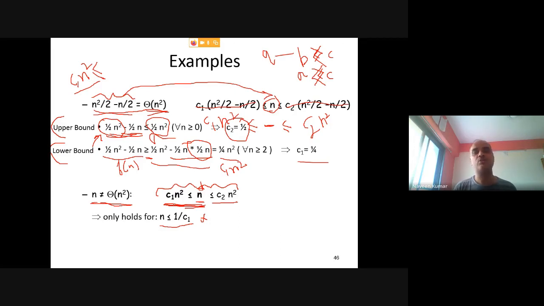You need to just show one, right? Out of these two inequalities, one is this, another one is this. Out of these two, if you can show even a single inequality that this is not possible, then actually that bound is not possible. Correct? I think you are getting it. So we'll take a few more examples in the next presentation.